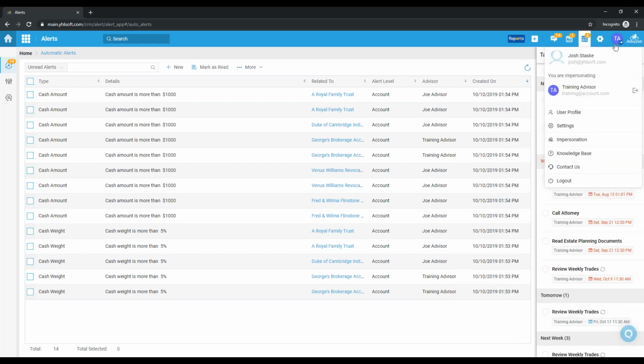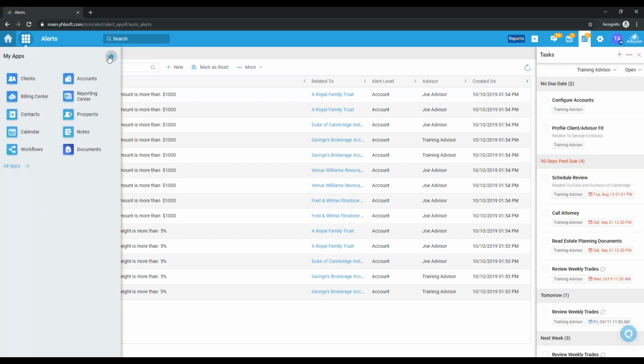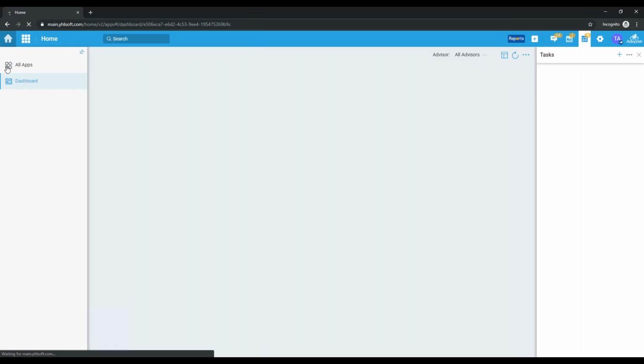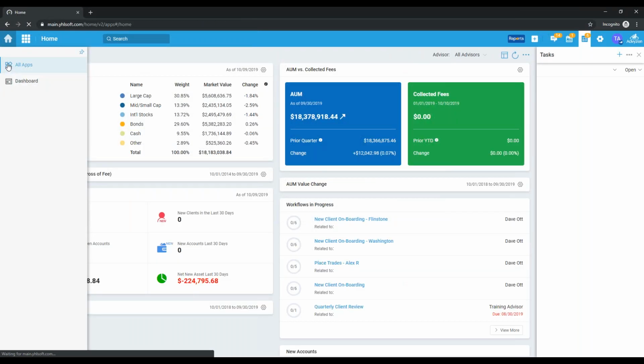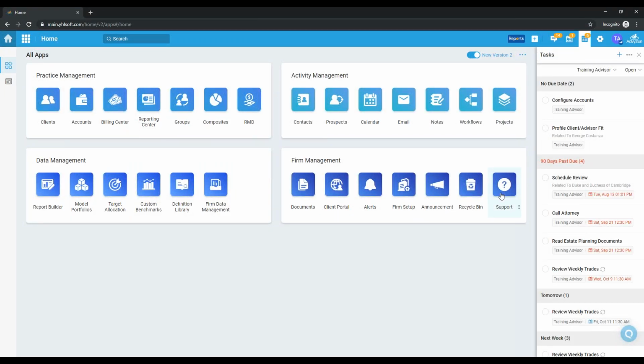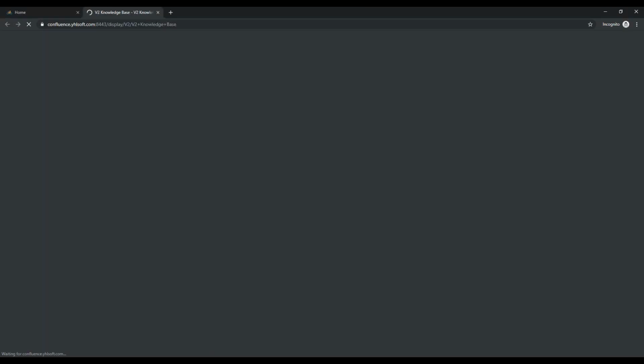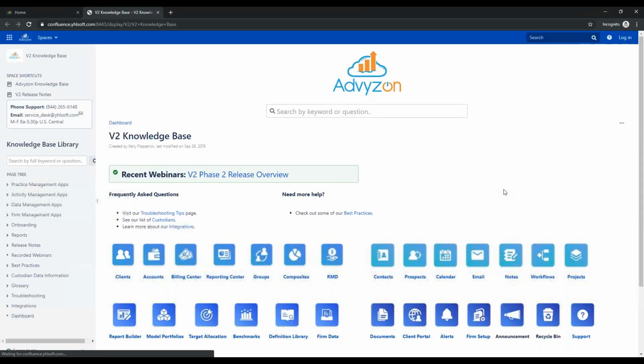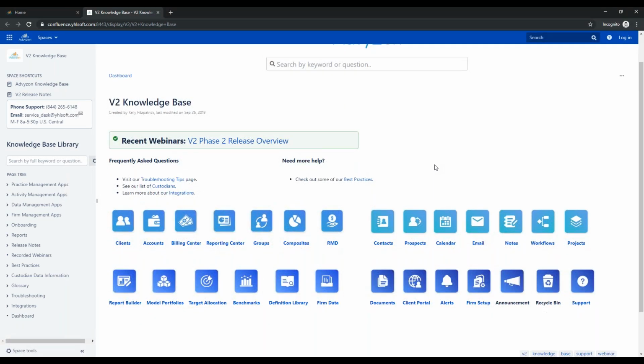But more importantly than that, in the top right, we also have our knowledge base, which is accessible either through the drop down here, but also from the All Apps page. Head back there for just a moment. See the support icon that we have located here. This is a really good resource for a new advisor or a new practice to really get to know our system. We have all kinds of step-by-step guides, video guides, helpful PDFs that you can use to learn how to